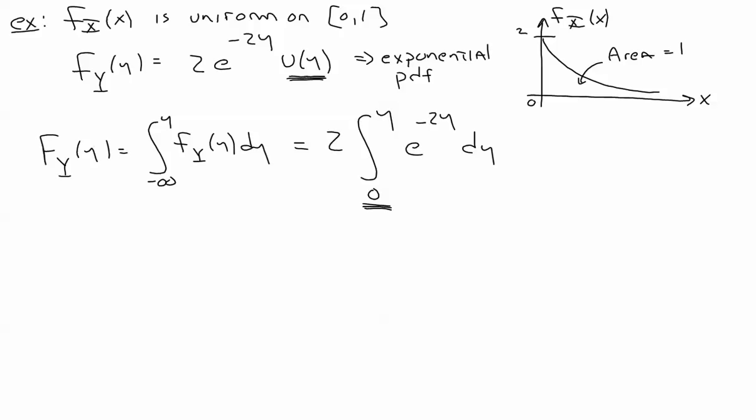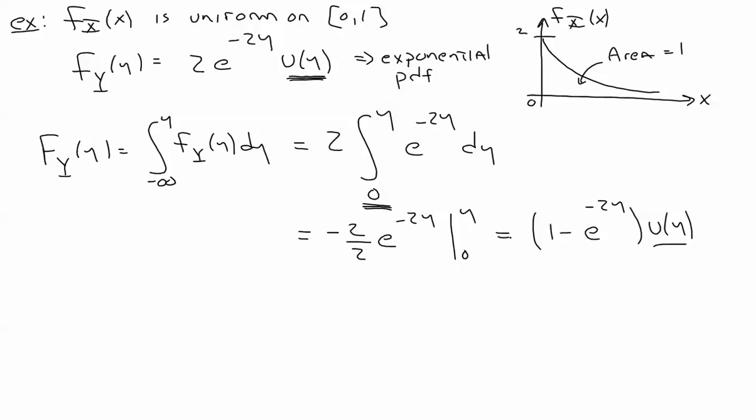So this is minus 2 over 2 e to the minus 2y evaluated from 0 to y, and this equals 1 minus e to the minus 2y times u of y. Once again, this step function does not come out due to the integration. It comes out because I know that my random variable